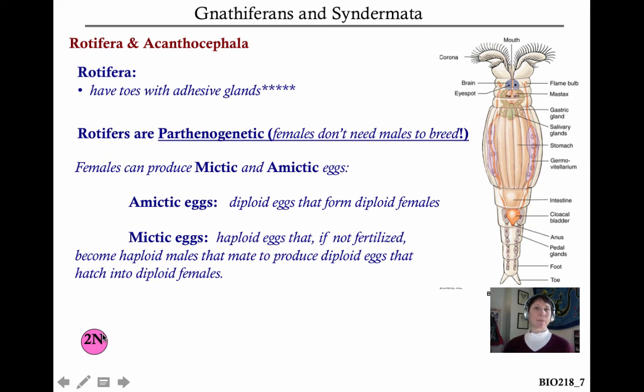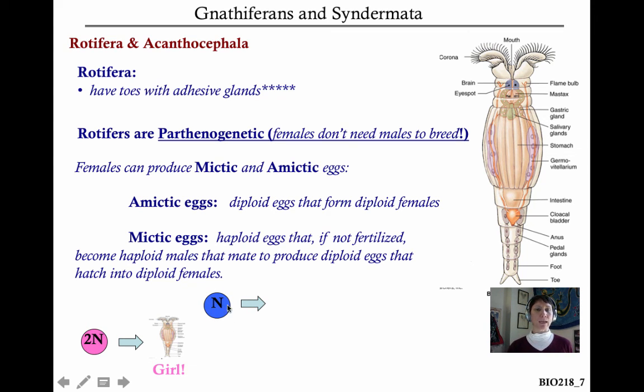So imagine you have a diploid egg here. If nothing happens, if no sperm shows up, it's going to develop into a typical girl rotifer, a diploid female. And then the eggs of that female can either be fertilized or not fertilized. If they're not fertilized, then you just have this happening again and again and again. When certain times of the year happen and when certain environmental cues are present, the eggs will begin to divide and you'll form diploid females. Okay? But if you have a